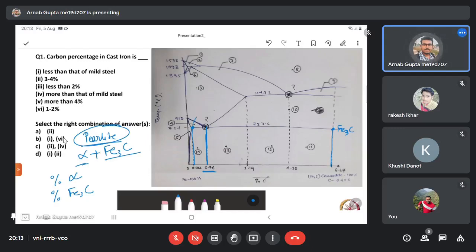This point is 100% alpha. Here you have pearlite, which is alpha plus Fe3C. At these three points you have the carbon percentage, right? 6.67, 0.76, and 0.022. If you apply the lever rule here, I hope you know the lever rule, what will be the percentage of alpha? Yeah, Rakesh, if we apply the